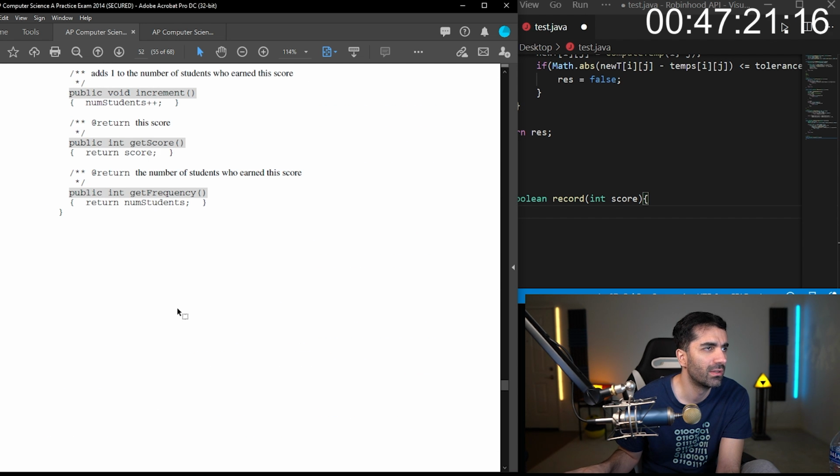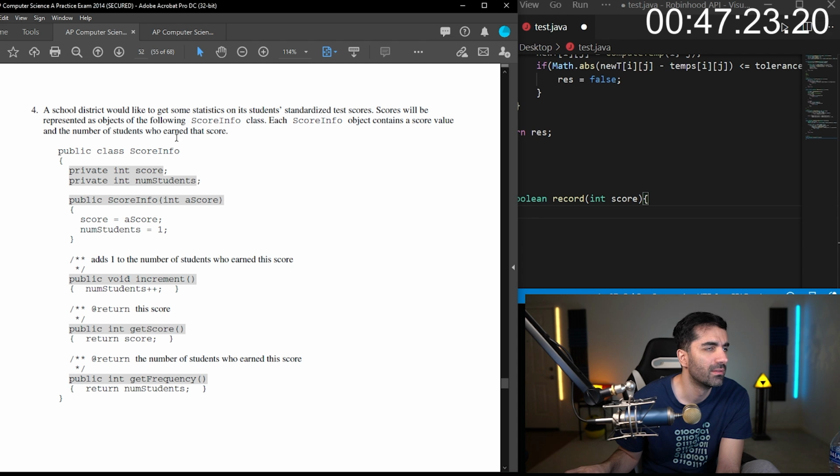Do we get to see what score info looks like? There we go. So score info has score, num students. So it's increment, get score.